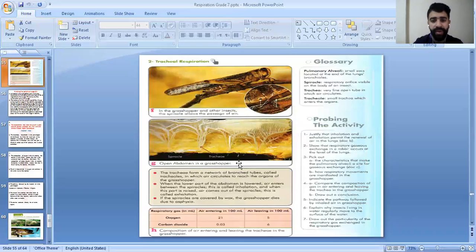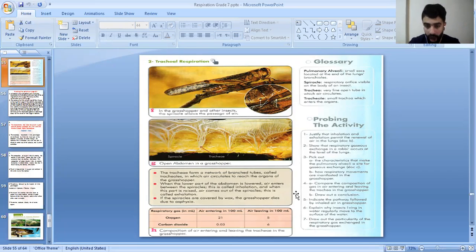So the tracheae form a network. This is the trachea, and these are the spiracles where air enters. The trachea form a network of branched small tubes called tracheoles, in which the air circulates to reach the organs of the grasshopper. When the lower part of the abdomen is lowered, air enters through the spiracles, and this is called inhalation. When the lower part of the abdomen is raised, the air comes out, and this is called exhalation. If the spiracles are covered with wax, as I said for the earthworms,